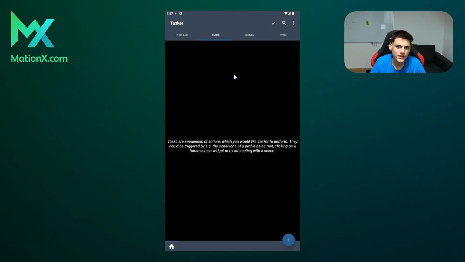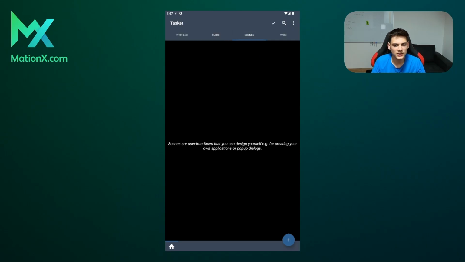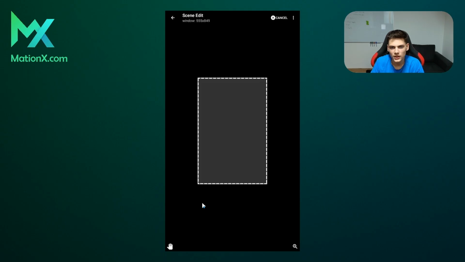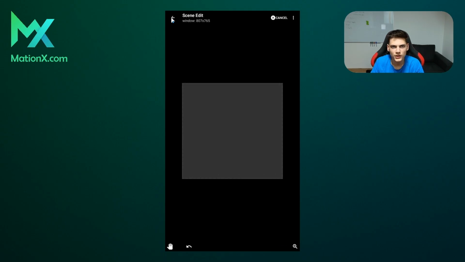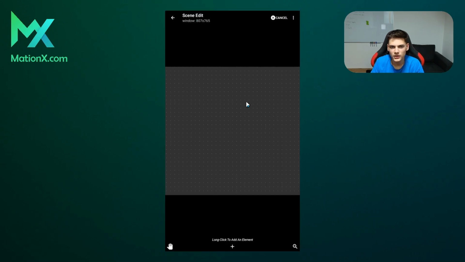You can basically create anything with tasks. Now scenes are basically UI windows that you create on your own. So if we create a new UI window, let's call it window, for example. Now you can set the size of the window, then you go back, then you click on the window, then you can add